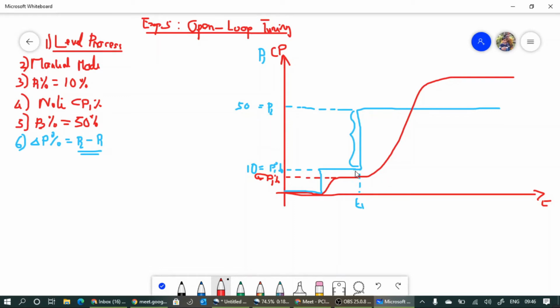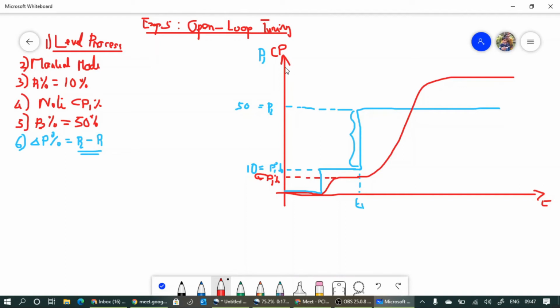Even if it is responding, the change in that output, the process variable being the output of that process, is negligible or very small. After that time, you can see that we have a noticeable change in the process variable. So this is one region. This is the second region. What about the third region? Here you can see that the process variable has settled at a new point. Am I correct? So first you have to note this new settled value.